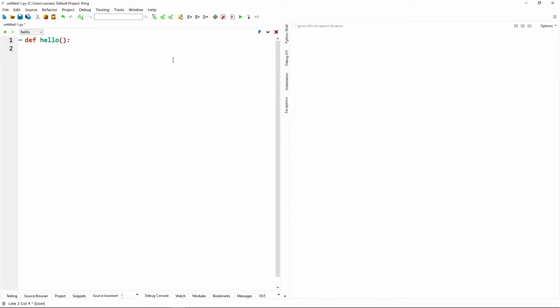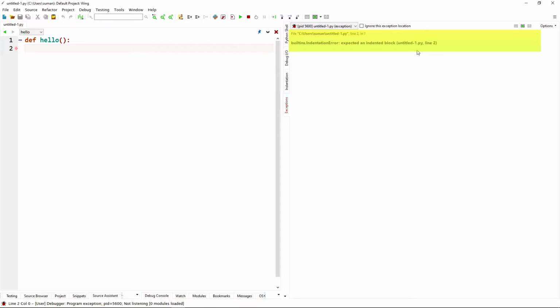However, if we run the code, the execution will give an error as the body of the function is missing. Let us check. If we run the code, there is an error as the body of the function is missing.